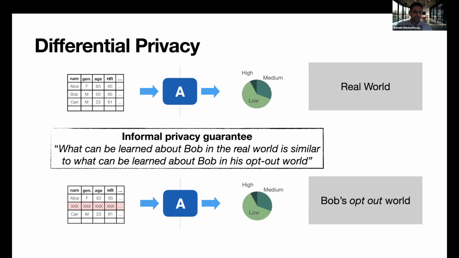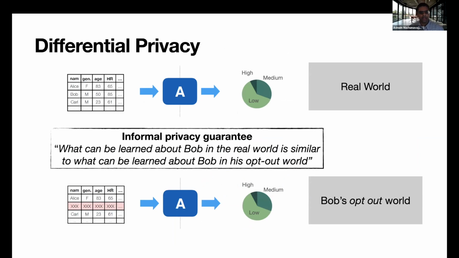So you guys must have seen this already. What is differential privacy? The informal privacy guarantee is the following: if you have a person who is allowing their data to be analyzed by some algorithm as part of a larger database, what differential privacy ensures